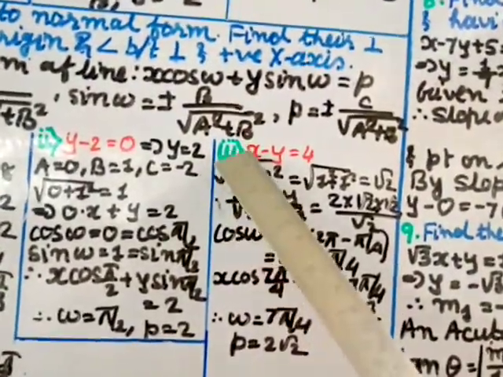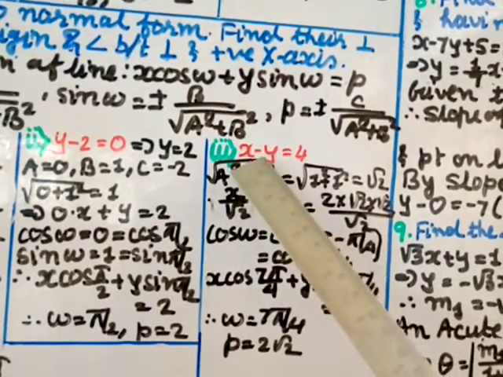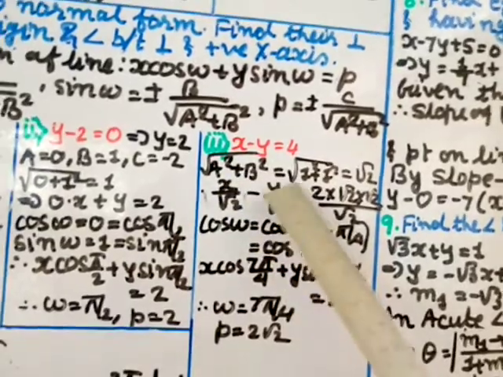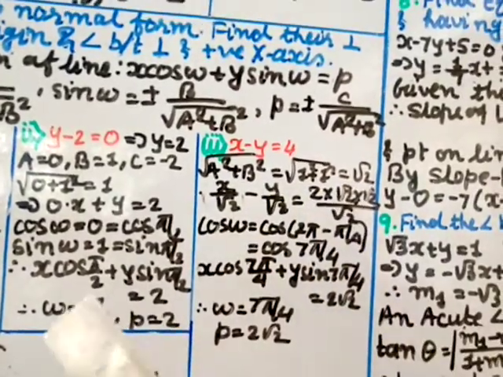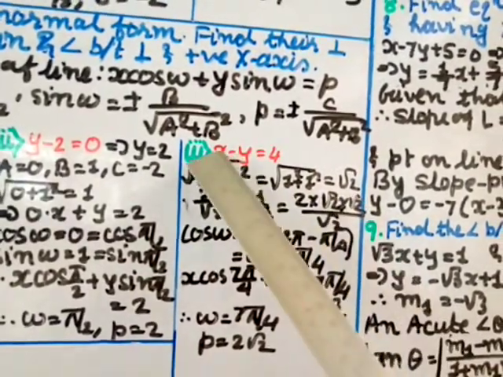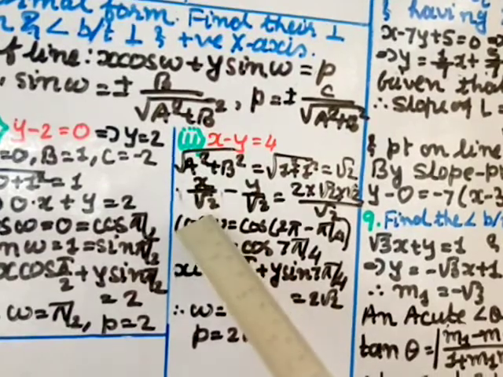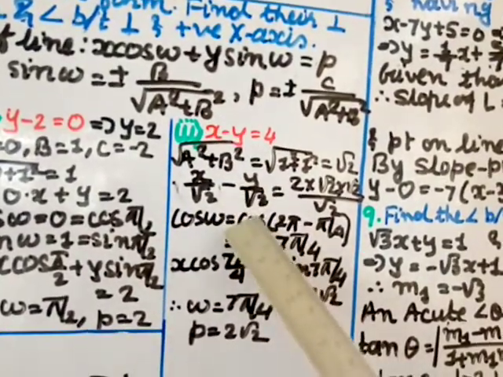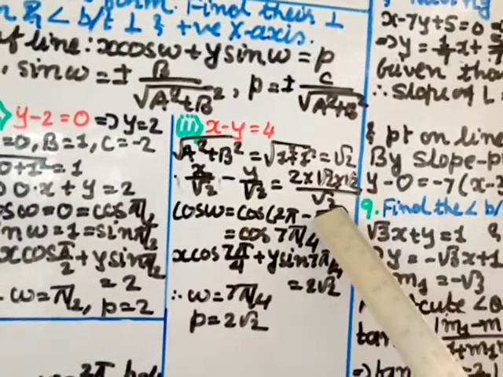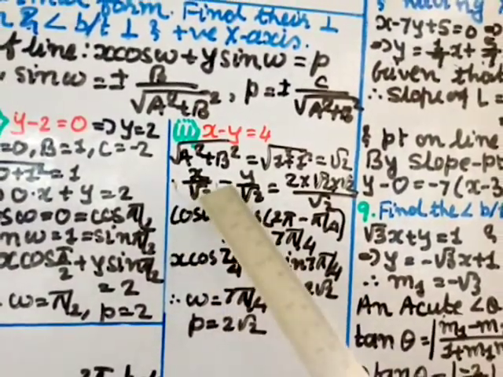So here coefficient of x is 1, that is value of a, and coefficient of y is minus 1, that is value of b. So find first the square root of a square plus b square, equal to 1 square plus 1 square, which gives you root 2. Now write this root 2 and divide all three terms by root 2. So you can write x by root 2 minus y by root 2 equal to 4. I am writing 4 as 2 into root 2 into root 2 divided by root 2. So this root 2 you cut.